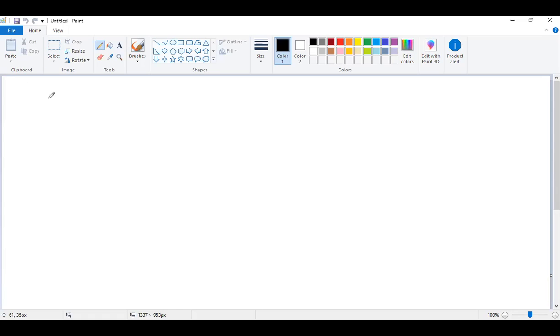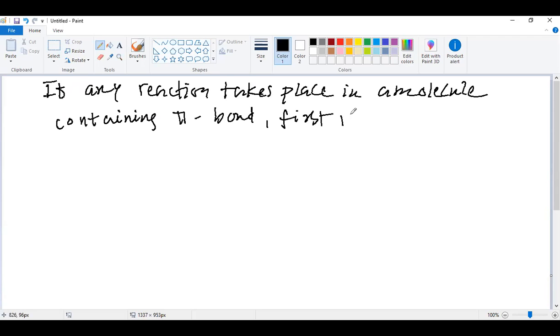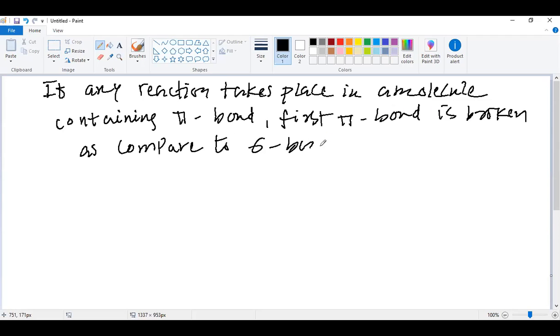So whenever a reaction takes place in a molecule containing pi bond, first the pi bond is broken as compared to sigma bonds. So suppose, my dear students, we have a compound like this: